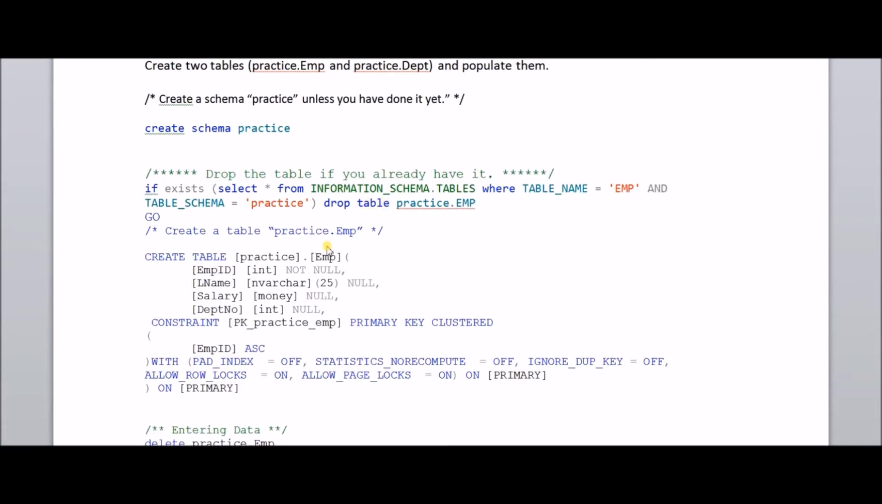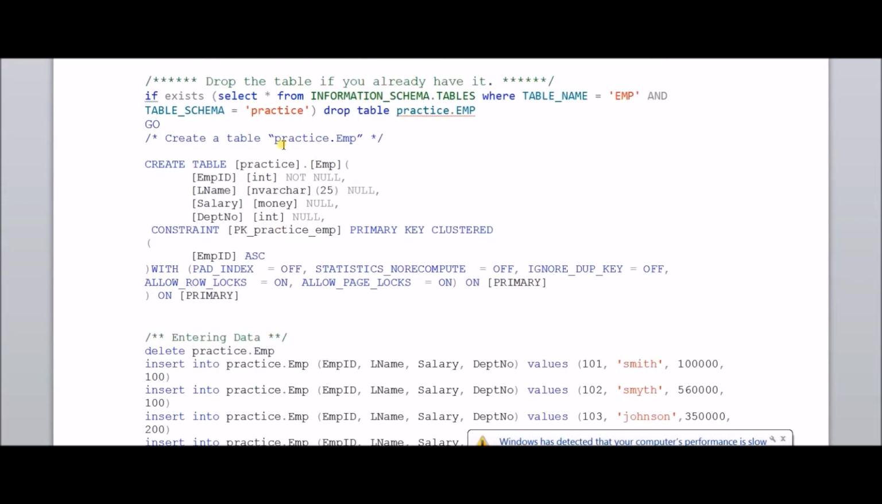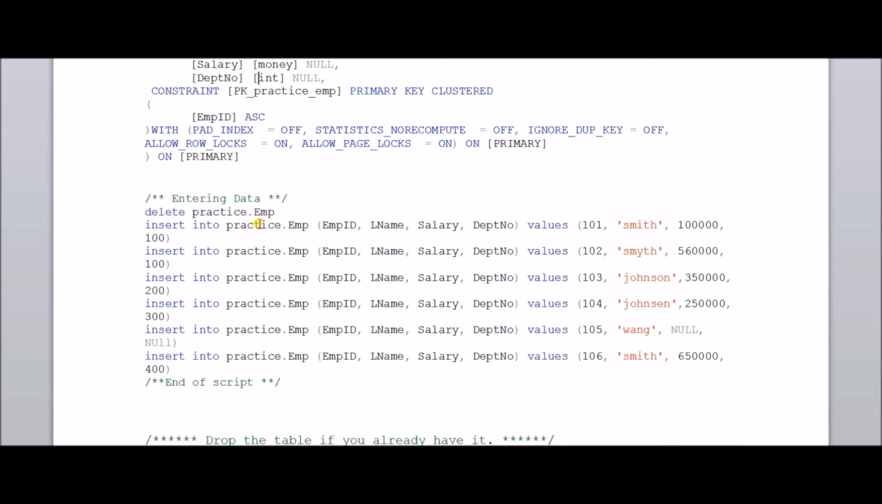We will create two tables in the schema practice. So first I will create a schema practice and then create an emp table, practice.emp, and in the emp table we'll have emp ID, L name, salary, and the department number. And then we're going to enter data. So we will enter the 1, 2, 3, 4, 5, 6